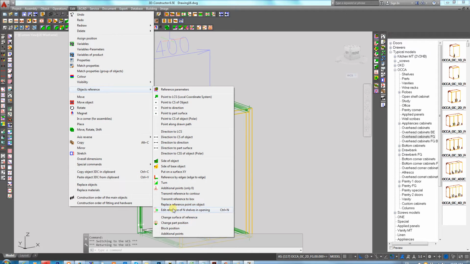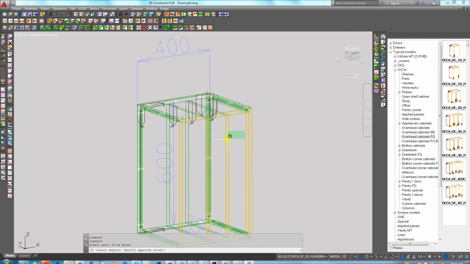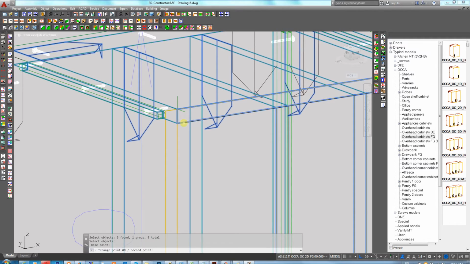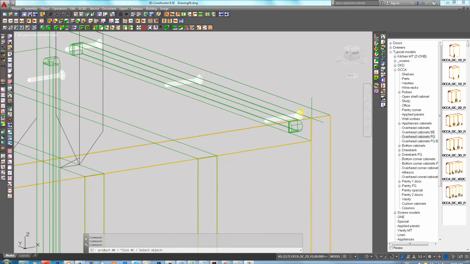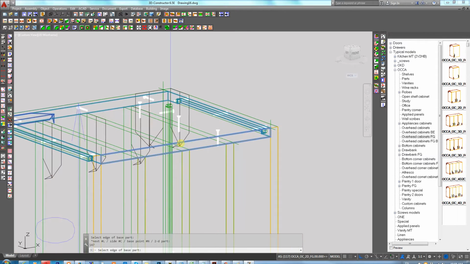So we select object reference, and we get edit reference of a shelving in opening. For us at the moment this is a shelving, so we select 1, 2, 3 and 4. Oh, we got just a 3, sorry. So we right click and we select 2 points. You want to have this distance. Okay, so I do recommend straight away, because you'll forget, just put the screws here, here, here,